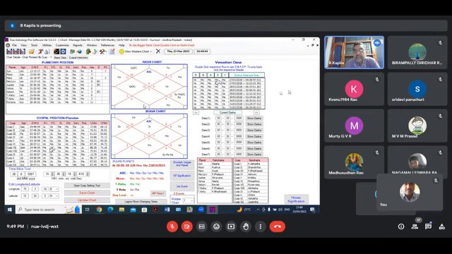What is important here? A planet is subsequently repeated as Antara Lord. No such condition is there. So we can say that Moon can be selected as an Antara Lord. So for Moon to act as a Sukshma Lord and for Moon to act as a Prana Lord, the first